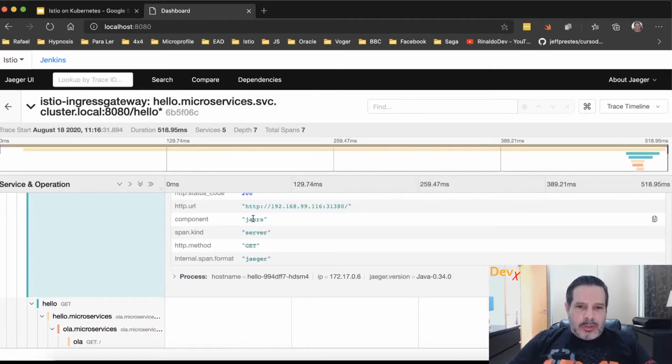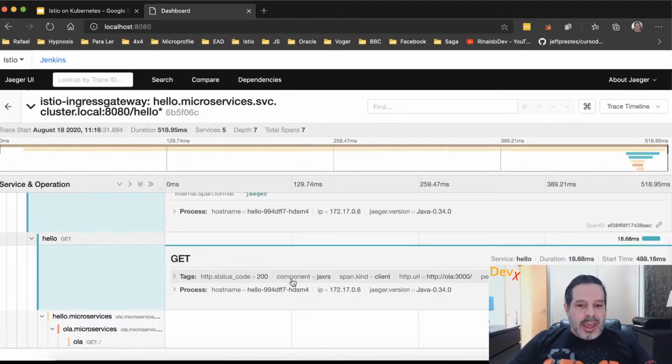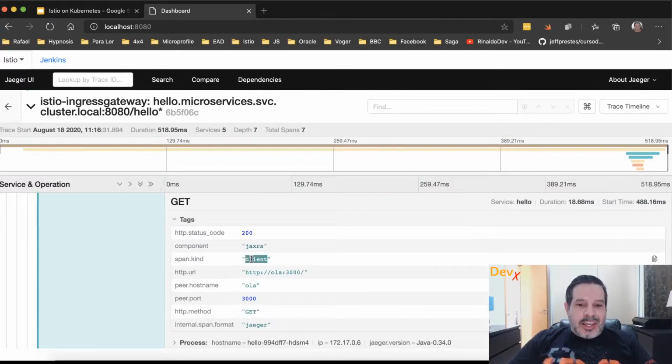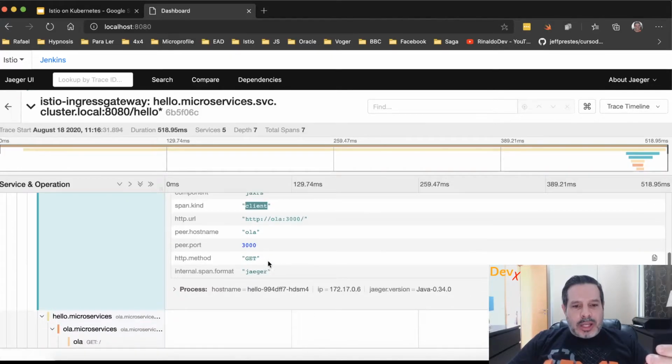The application receives, it's a JAX-RS server, okay, then we have the JAX-RS client invoking the next microservice, whose name is Hola, on port 3000.